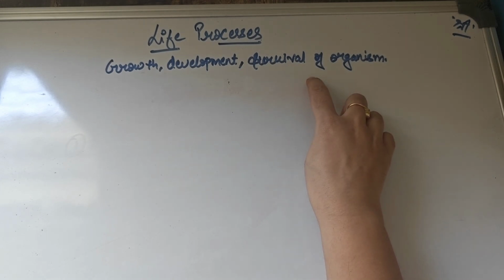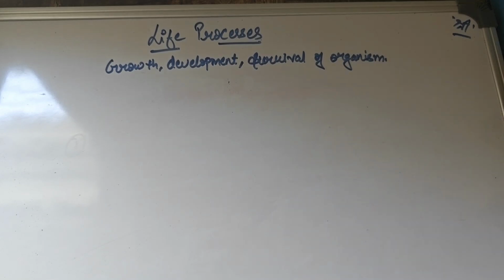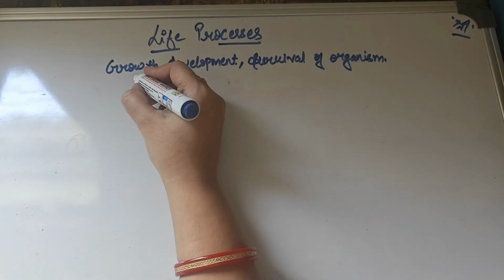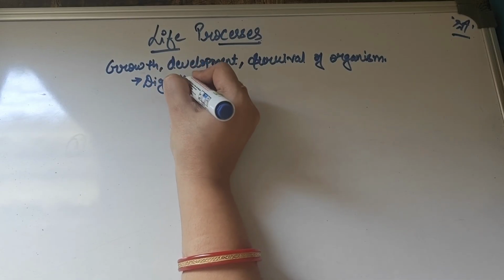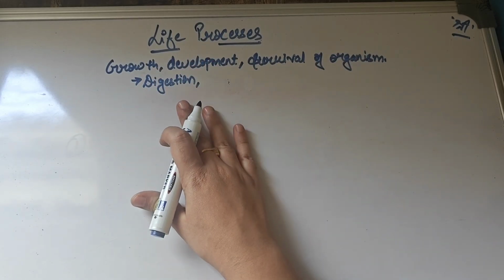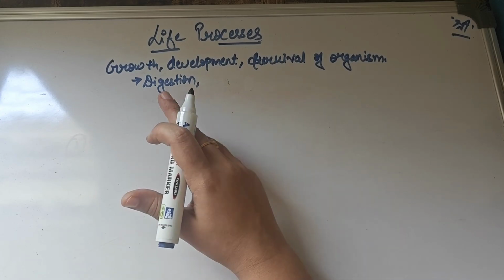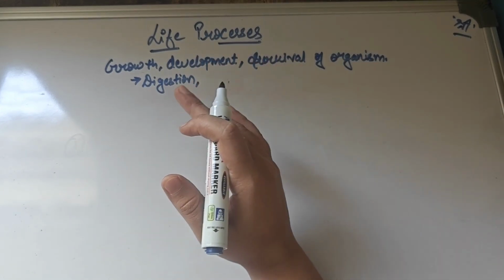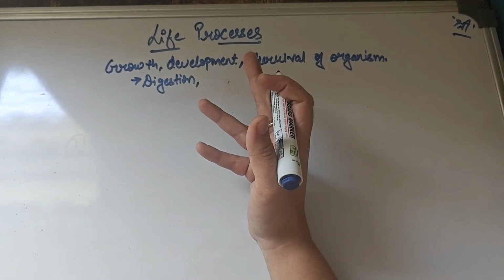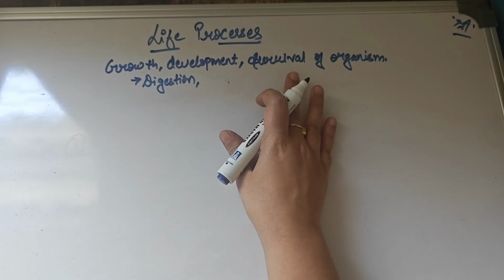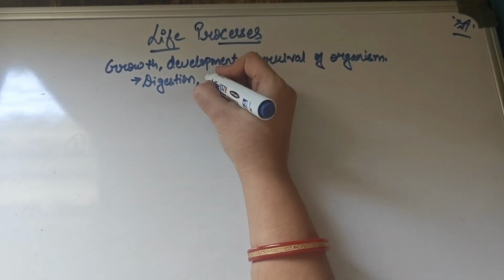So what do you think mainly? What is happening in your body which is helping you in survival right now, and is always happening at the back end of your body? What are such processes mainly? If we talk about the process of digestion, this is important for survival. Why is digestion important for survival? Because whatever food you are eating is getting converted into energy, and that energy helps you to do lots of work. Without this process we won't be able to do work, our body won't be able to function properly, and it will come on our survival. So digestion is important for our body.